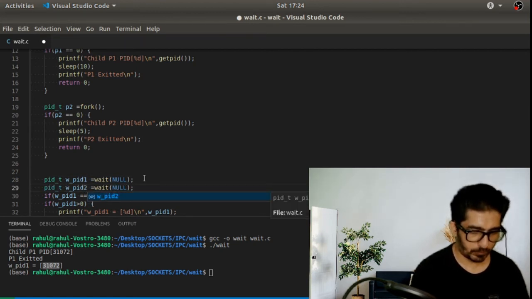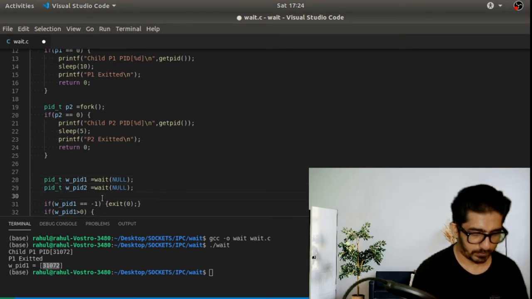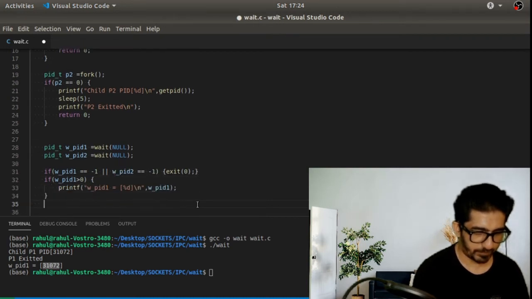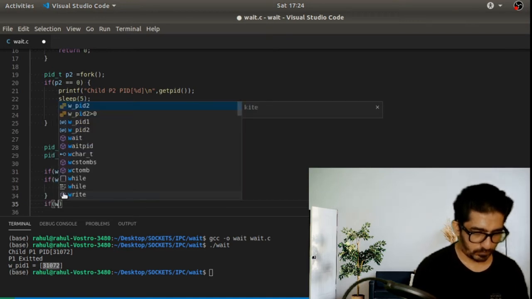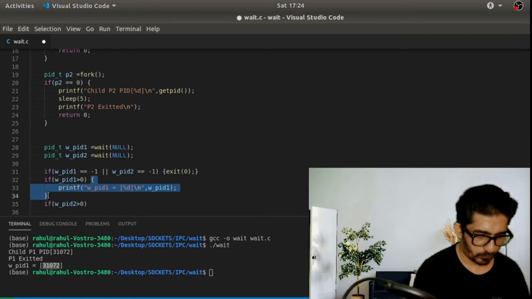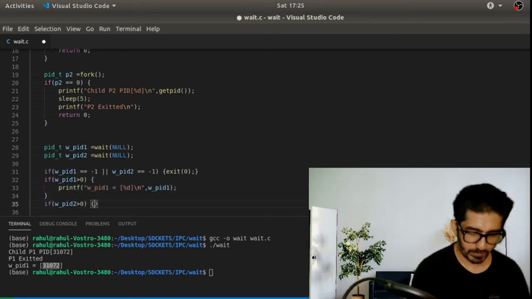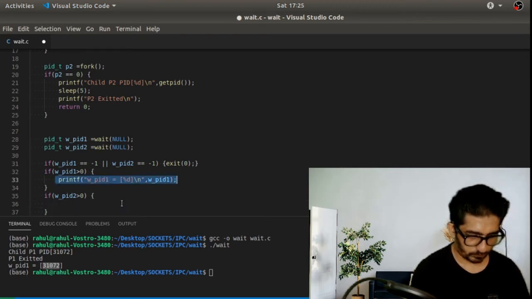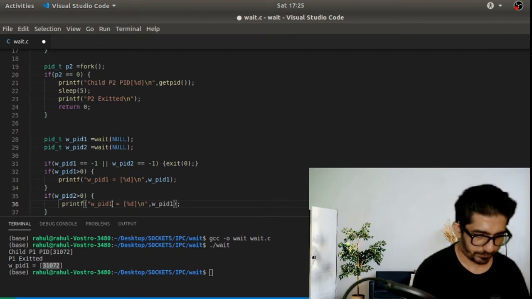Let's say it's wpid2. If wpid2 is equal to -1, we have the same error statement, and if wpid2 is greater than 0, then we print the same statement with the PID of p2.